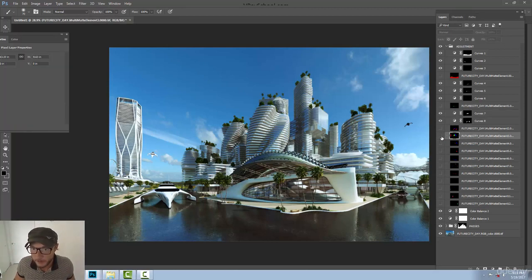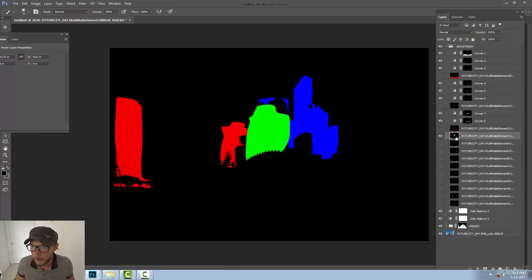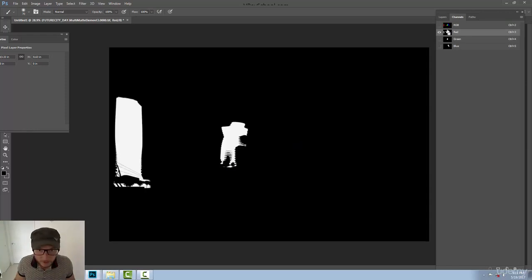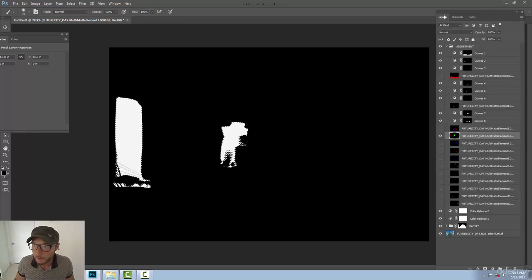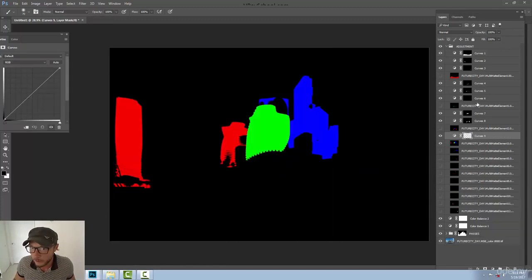Okay, next one, let's get some buildings into the play. Channels, need to unhide it. Channels, let's get the red with control. You can see I put 2 maps on one. That's not the best thing to do, but I can always crop one from another to save some time. So let's put curves,